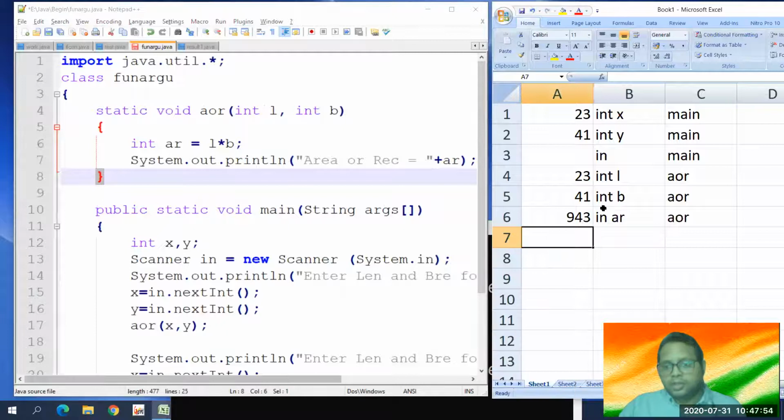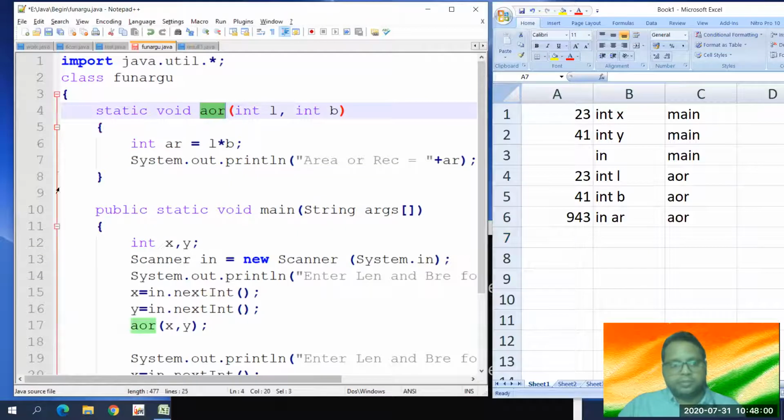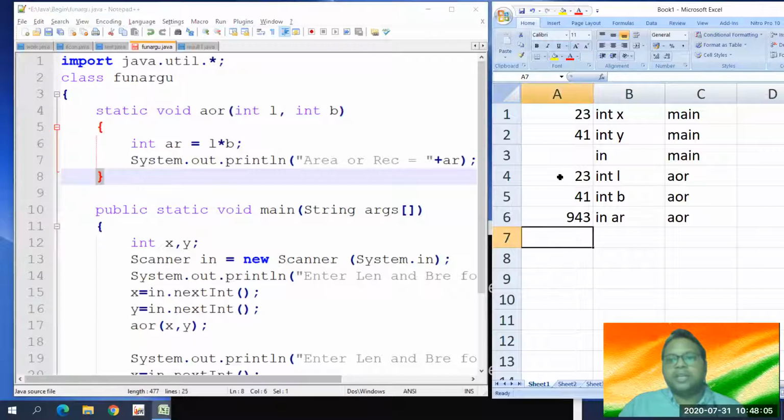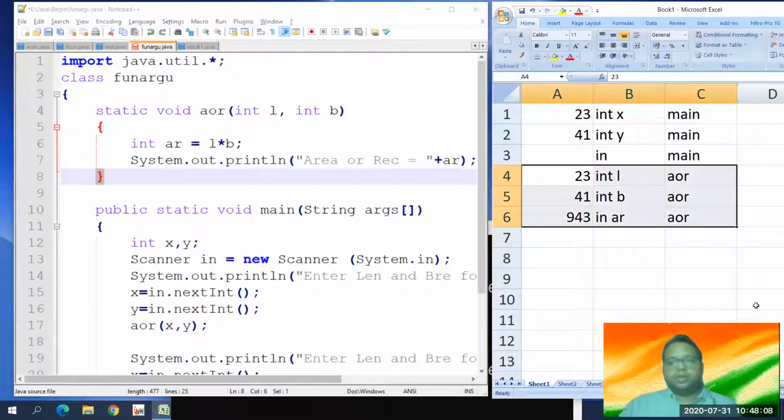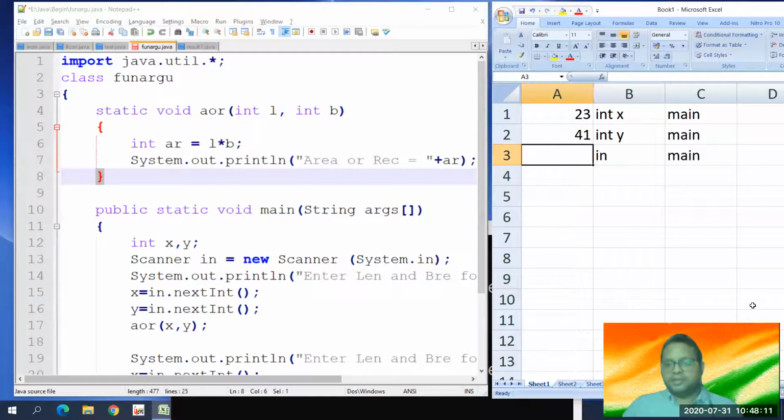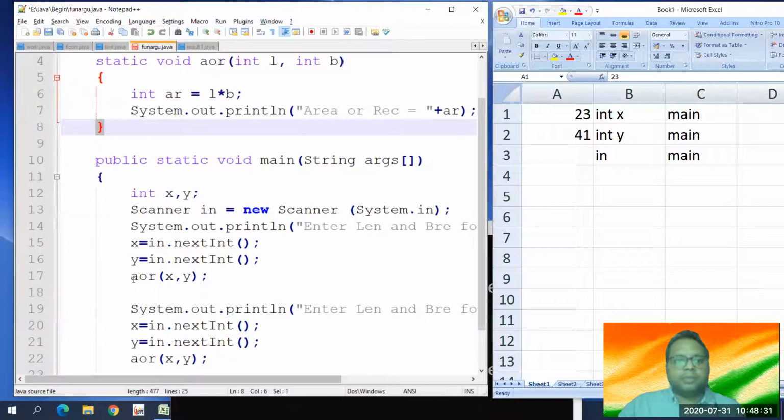Then Java, along with the operating system, since the task of this function is over, because it is encountering the ending brace, the memory is freed. All these things will be cleared. The space is freed for other purposes. But why are they still there? Because the main function is still executing. So once this ends, the first thing is that the memory gets flushed out, it gets cleared, and then control returns to the main function, from where it went there.